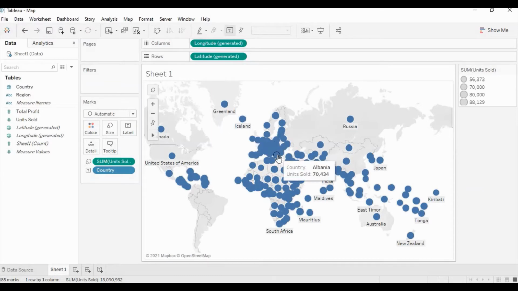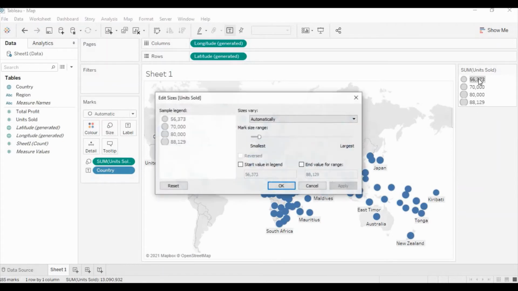You can see the size of the circle has increased, but there is no huge difference between the circles, because the units sold have very little difference between them. So what we can do is click on this units sold option and select the size by range.